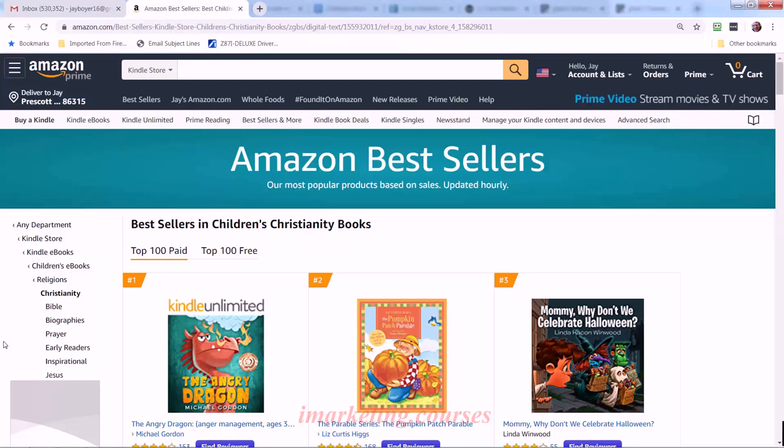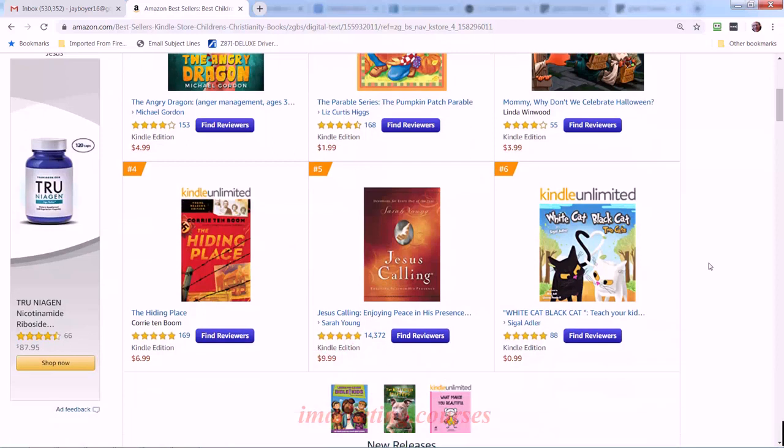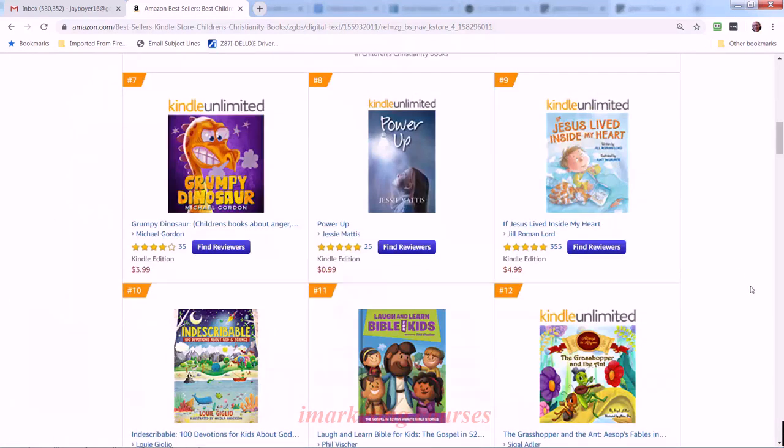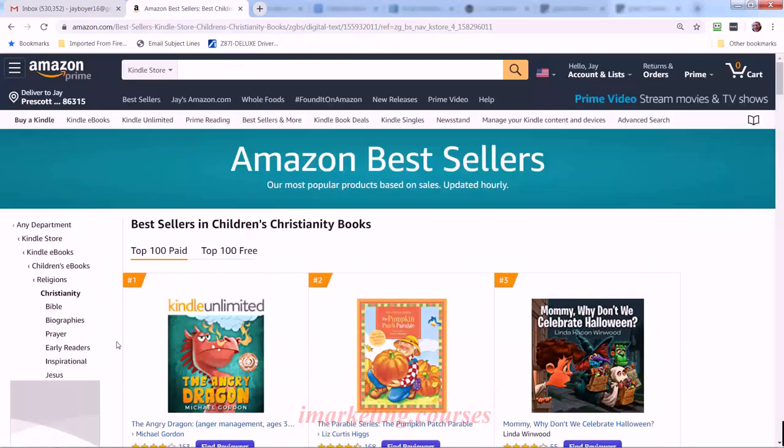Some of his books are kids' books, some of them are for adults. But let's have a quick look at this Christian children's book subcategory because they actually don't have a dedicated category like this over in the children's book marketplace. We can see some of these titles. Mommy, Why Don't We Celebrate Halloween? That is a seasonal title, certainly. Here's one called If Jesus Lived Inside My Heart. Laugh and Learn Bibles for Kids. The Action Bible. This looks like kind of a graphic novel for kids that are interested in this Christian book